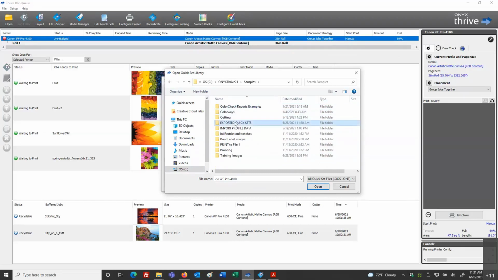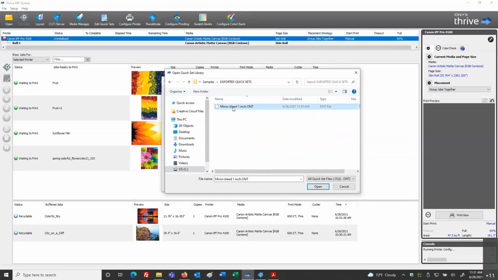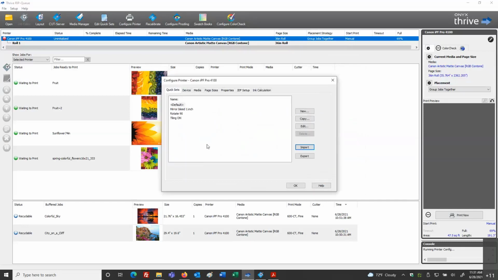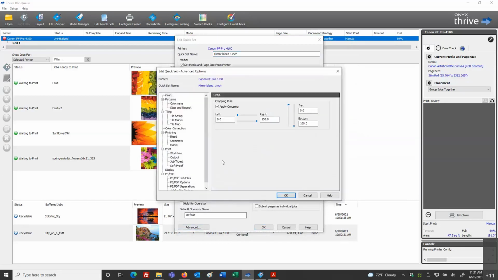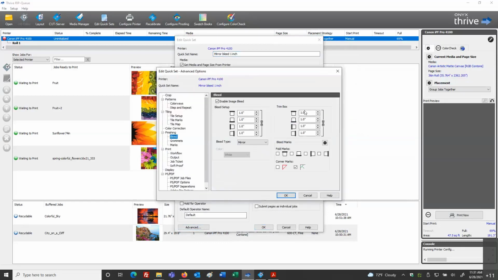And here's the folder I have, Exported QuickSets, and I'll bring in that 1-inch image mirror area. So I'll set that up, and now I've got that here. So just to show you, this is the QuickSet. Edit. In the Advanced button, I've got my bleed settings right here. All my conditions came in.